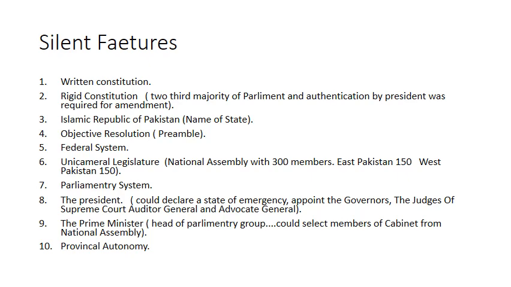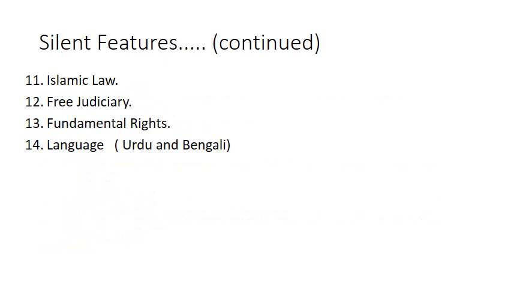Considerable provincial autonomy was given. Islamic laws were enforced through the 1956 constitution. For example, to become the president of Pakistan, being a Muslim was compulsory. Only Muslims could be president of Pakistan. However, it was not mandatory for the prime minister of Pakistan. A free judiciary was also